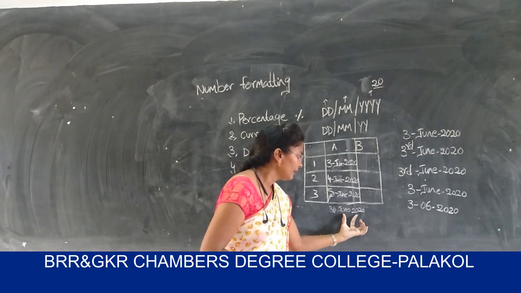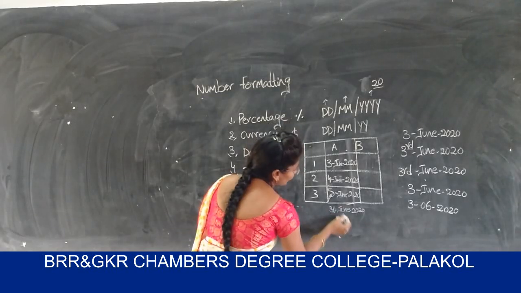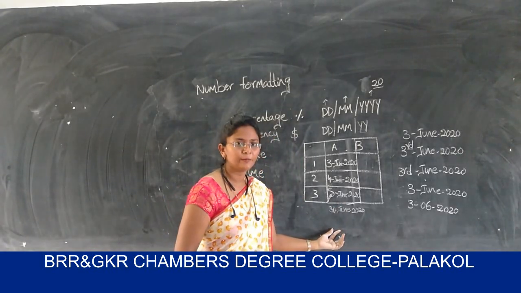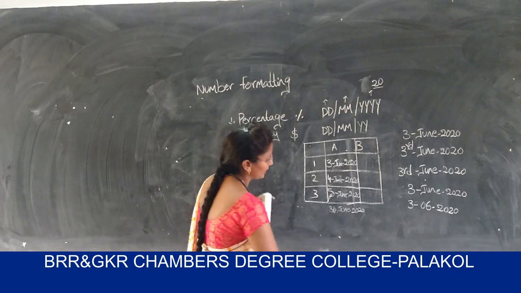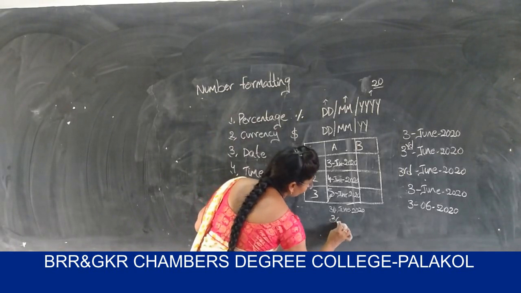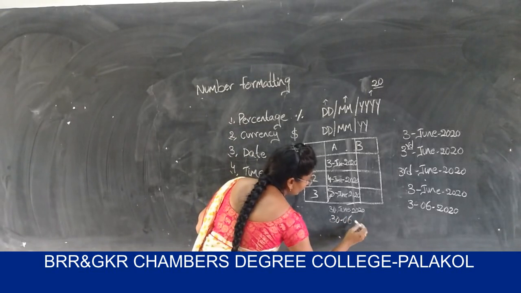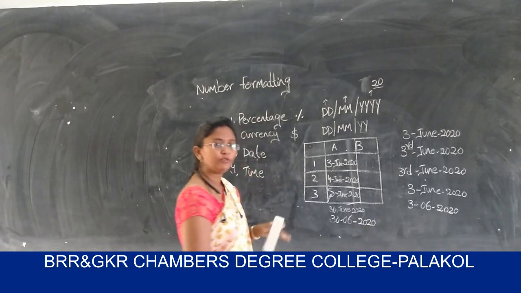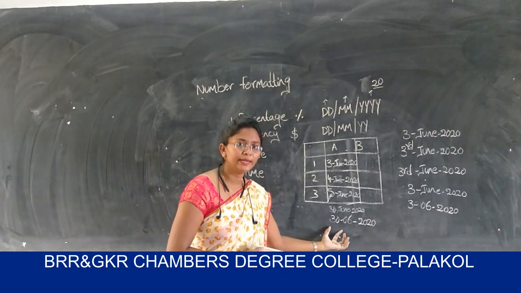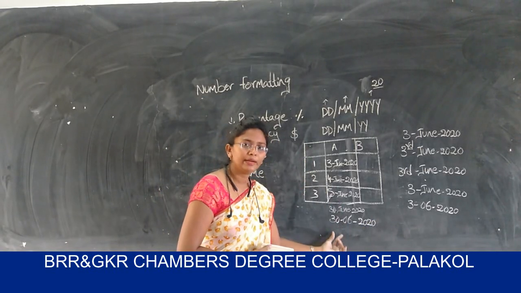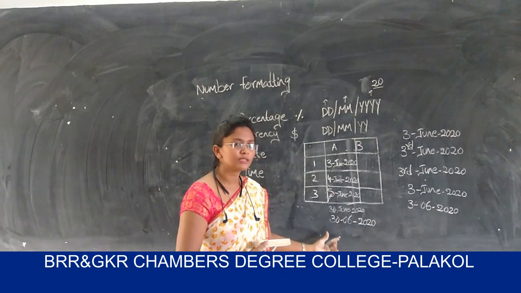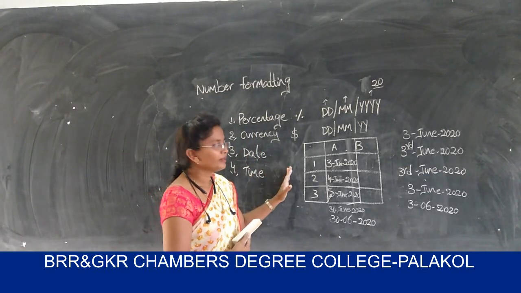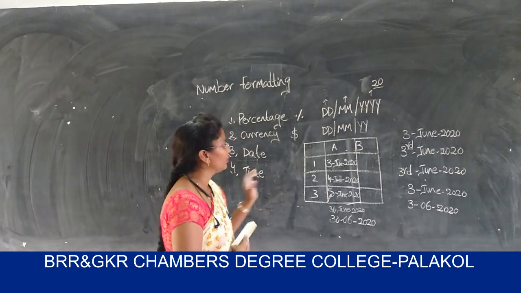and drag downward, the next series won't be added here. For that purpose, we have to take the date as 30 June 2020. If you take the date in this format, select it and drag downward, the next series of dates will appear in the Excel sheet. This is the way dates can appear on your Excel sheet.